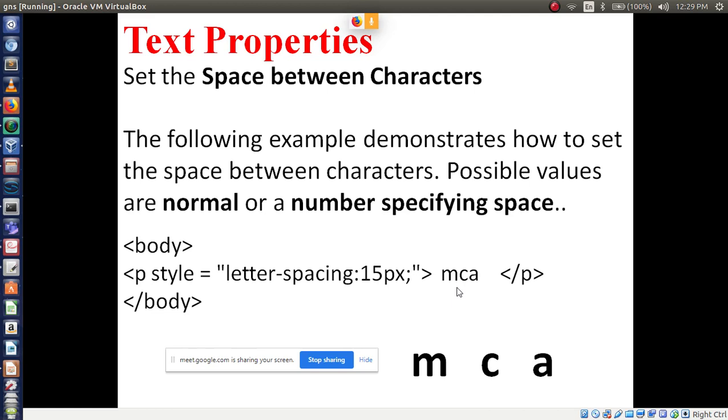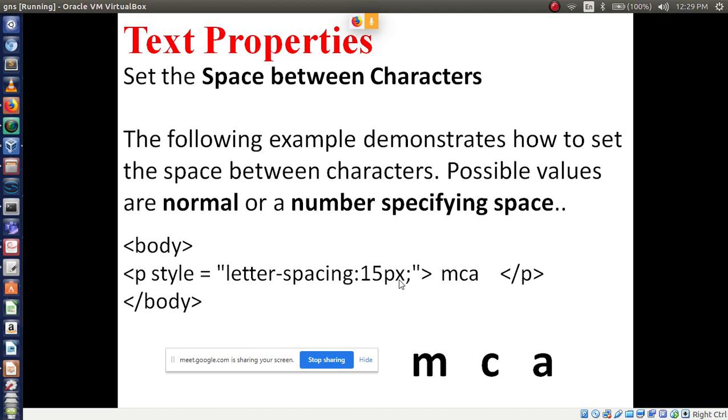Letter spacing property. By default, with P style, it will display MCA normally, as you have typed it. But if you want to display space between the characters, then you have to use letter-spacing colon 15px.